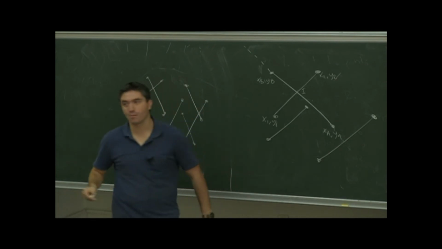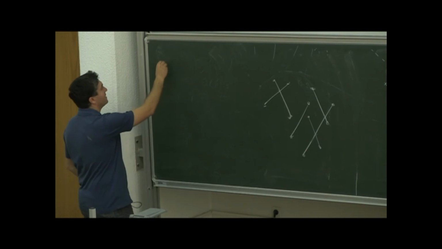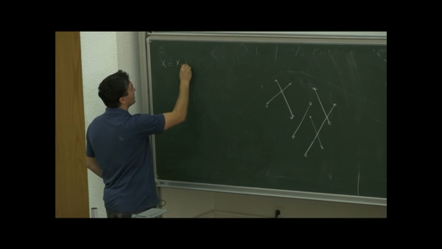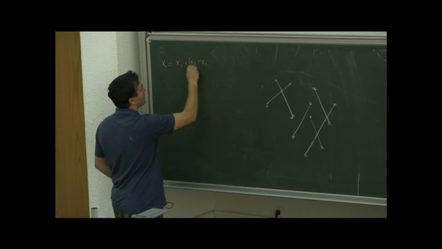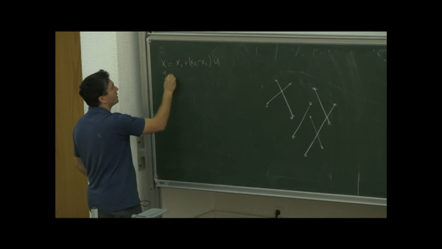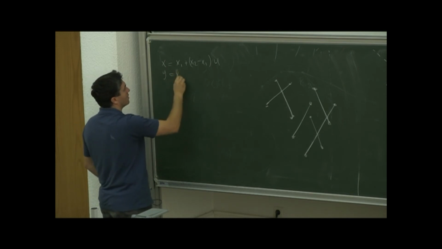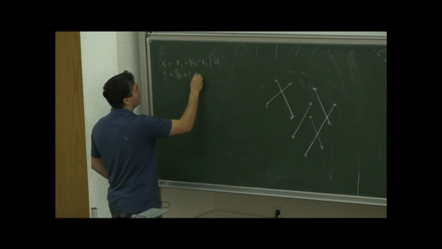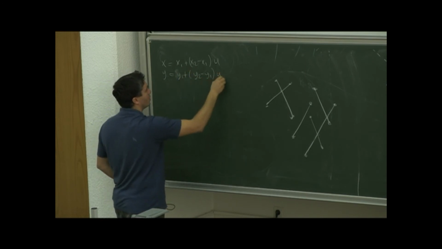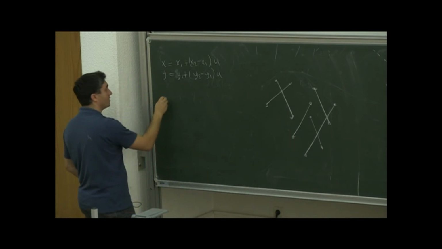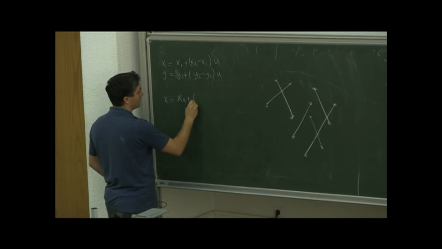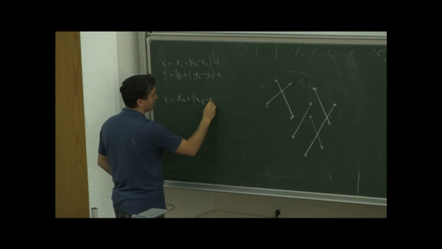So given two line segments, x1, y1, x2, y2, and xa, ya, xb, yb. Okay, so we are given 4 points. And the parametric line equations are x is equal to x1 plus (x2 minus x1) u, and y is equal to y1 plus (y2 minus y1) u. And for the other line, x is equal to xa plus (xb minus xa)